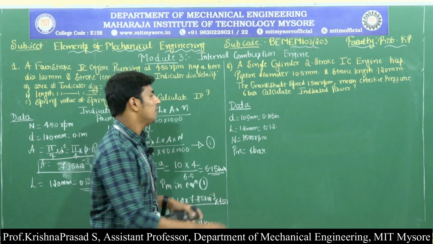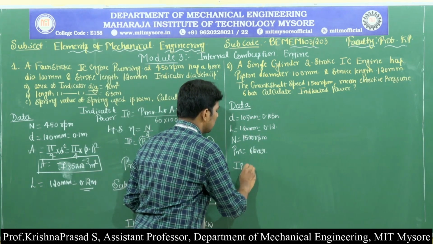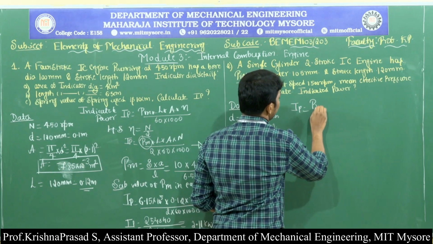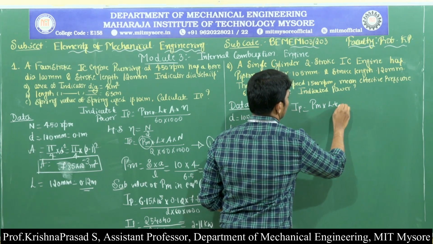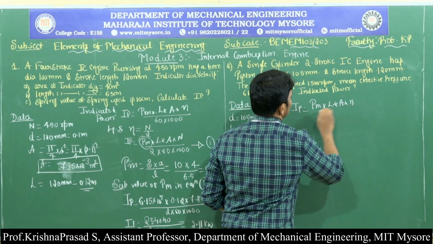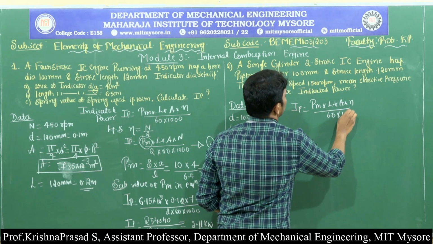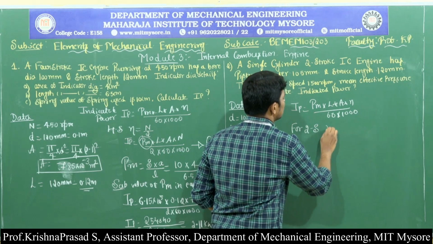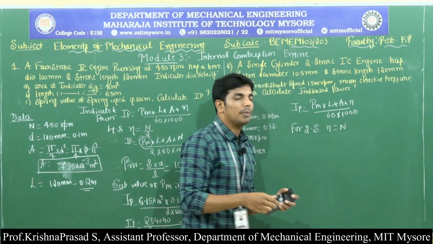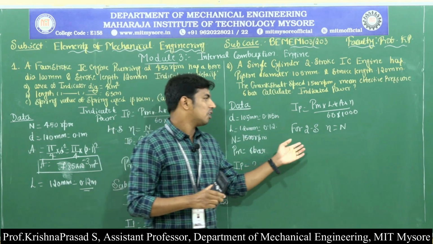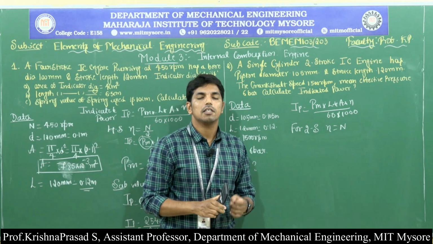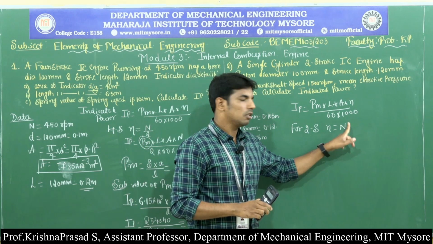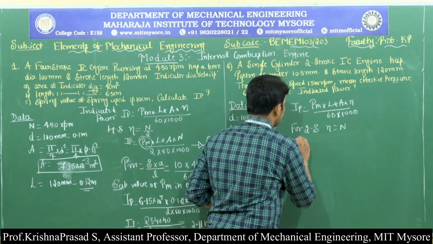Now we need to calculate the indicated power. We know the formula for indicated power, that is PLAN by 60 into 1000. For a 2-stroke engine, small n equals capital N, because here the piston performs 2 strokes while the crankshaft revolves only 1 time, hence capital N equals small n. Therefore IP is equal to